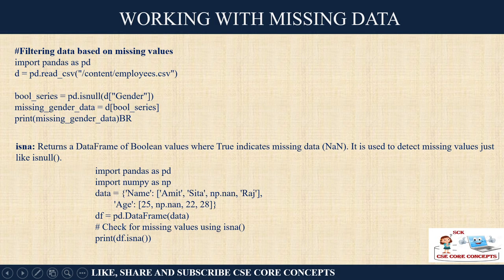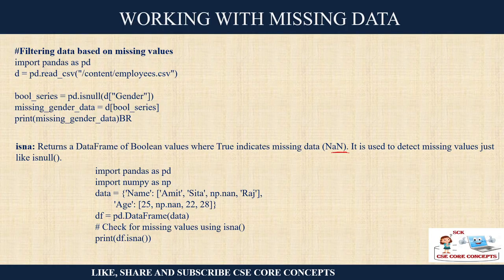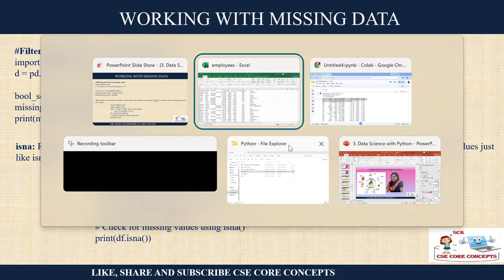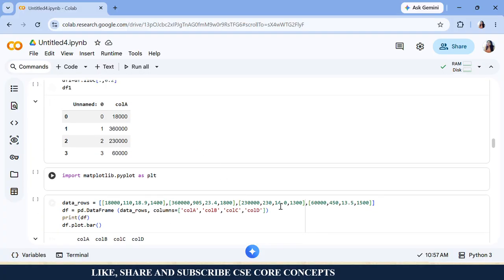Now there are other functions also that I will show you. isna returns a data frame where True indicates missing data and NaN. Here it was blank, the missing data is blank. NaN is different. If you have NaN, then it will detect all the NaN values. You can see here, this is NaN. If you remember, I had created one data frame over here where I mentioned some values as NaN.